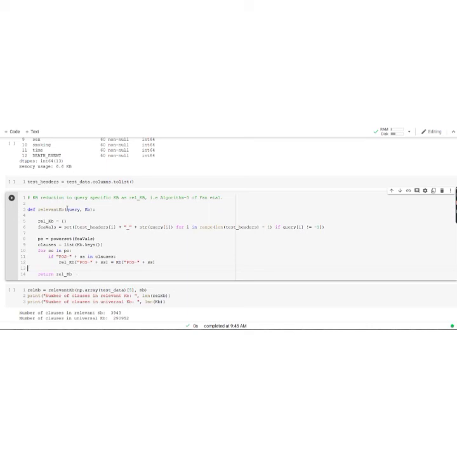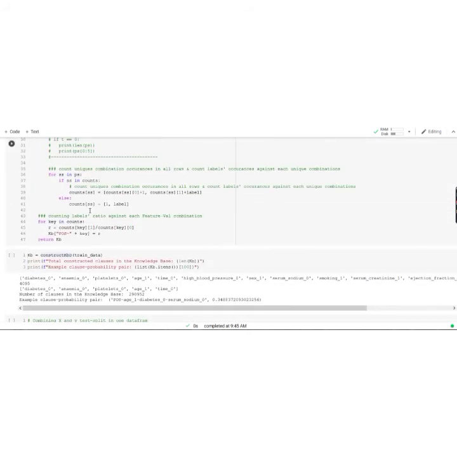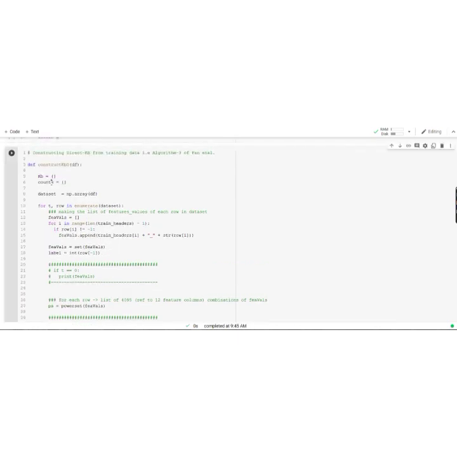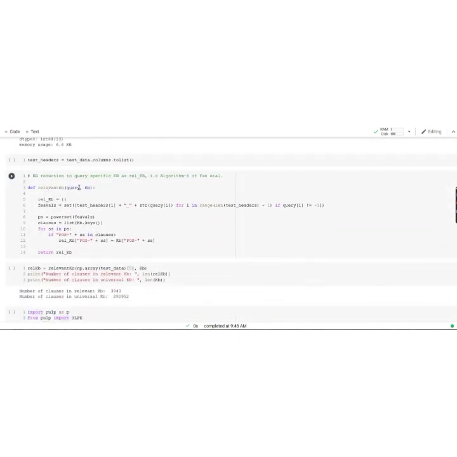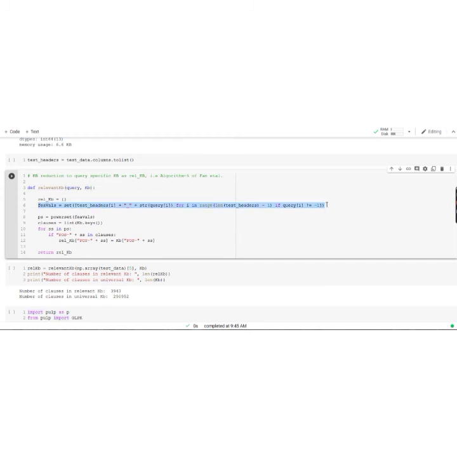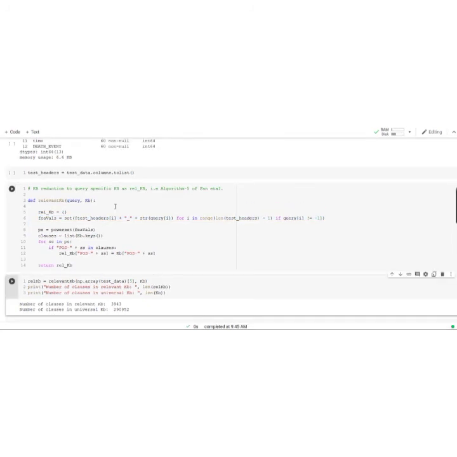What it does is take the query, which is basically a row from the test data set, and the KB which was built in this cell, which has already been explained. The function will take the row and make all of its feature value pairs, and from those feature value pairs it will make the power set. After that we have